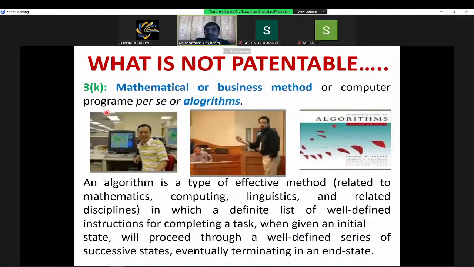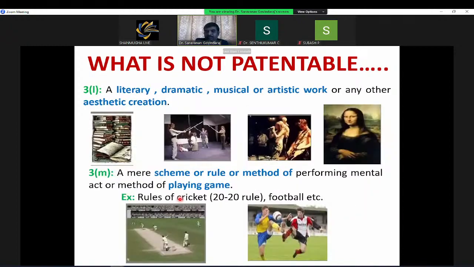Similarly, we can't get a patent for a mathematical or business method, or computer programs or algorithms. For these mathematical and business methods and algorithms, we can't get a patent. And literary,